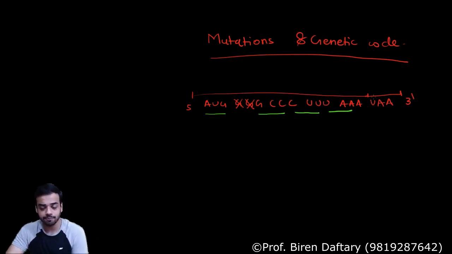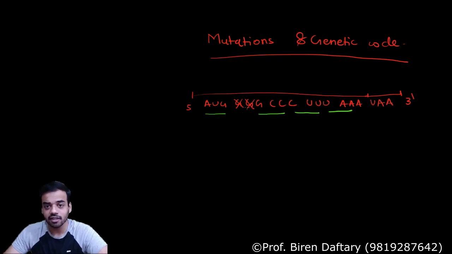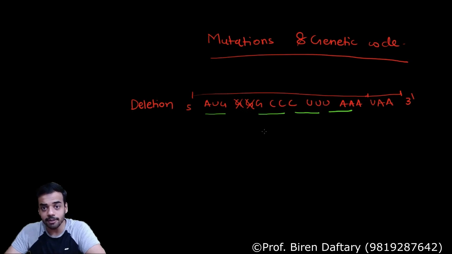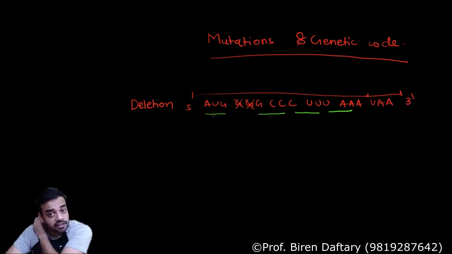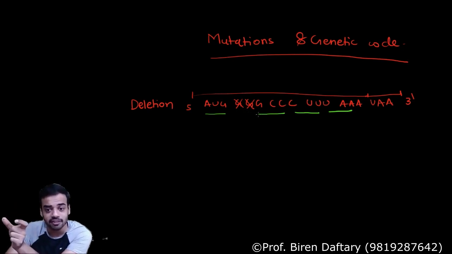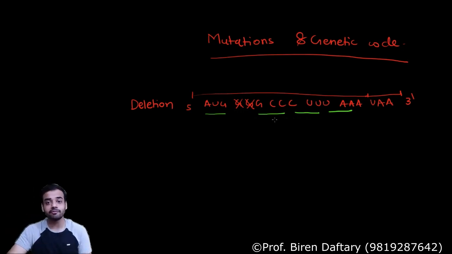Obviously, I have completed the sequence over here. This is not a small sequence, it will have many nucleotides. So what is happening because of this? This is called frame shift mutation. I am giving you the example of deletion. I have deleted nucleotides, and because of deletion, the original frame, which was AUG, GGG, CCC, UU, shifted ahead. Frame means when I am taking that entire sequence together, that frame shifted ahead. So this is called frame shift mutation.